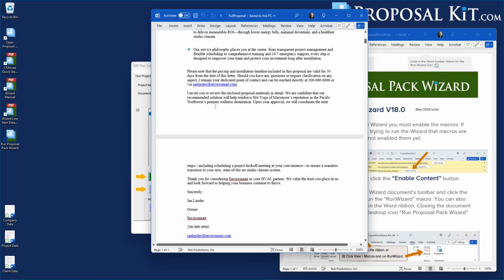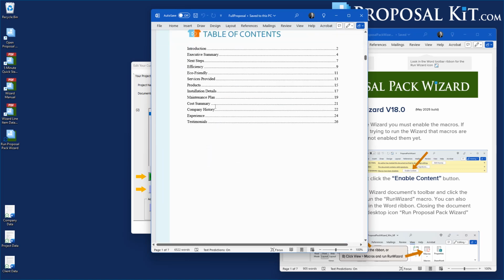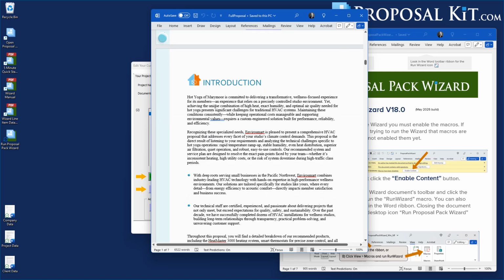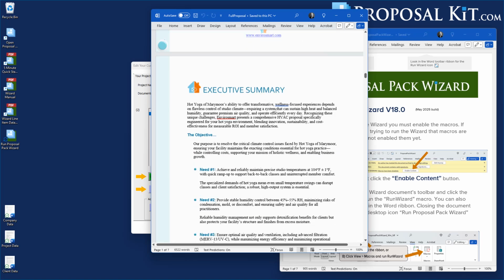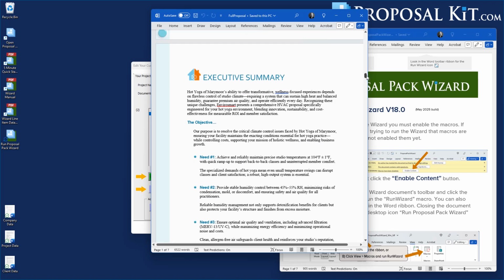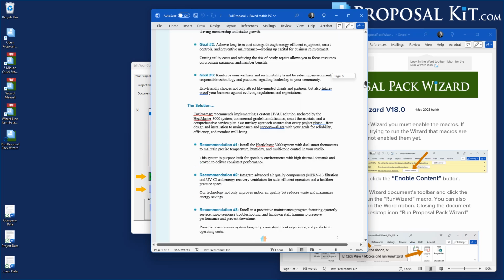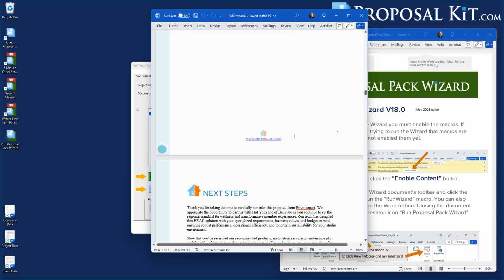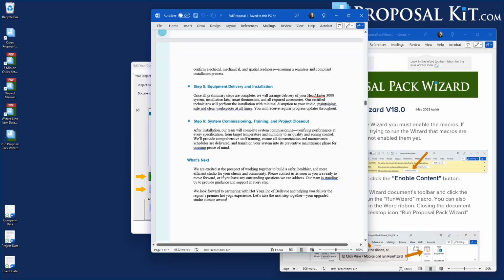And we can see we got our cover letter imported, title page, etc. Table of contents. Now this introduction, that was written completely by the AI, nothing edited yet. Same with the executive summary. So now we are ready to actually just go in and finish our final proofreading, editing, and get it ready for final submission. Our next steps,